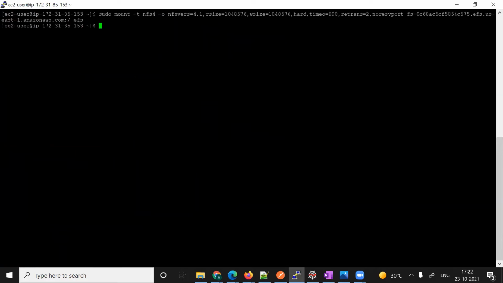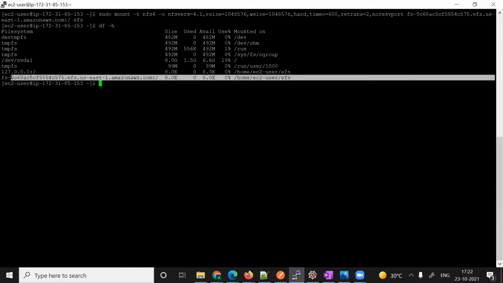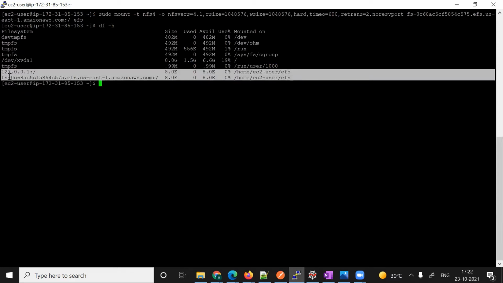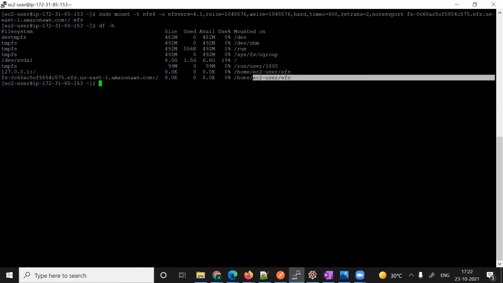Let me check whether the file system got mounted or not. You can see this got mounted. I have done this using DNS. So we have mounted our EFS file system into this location.